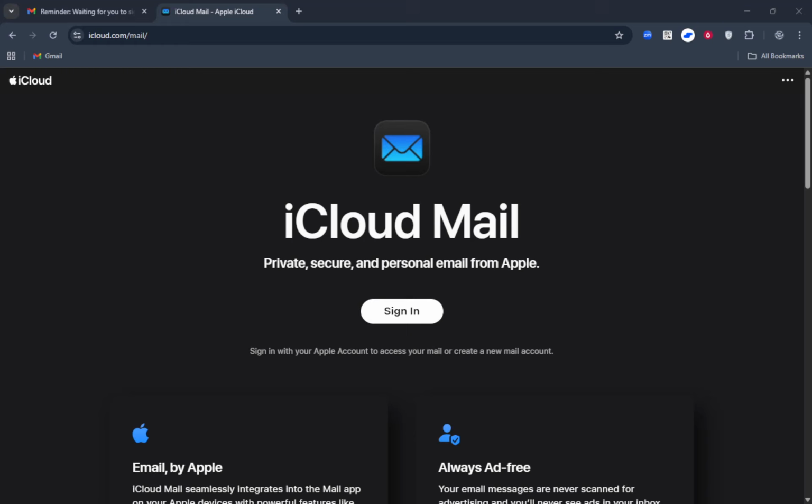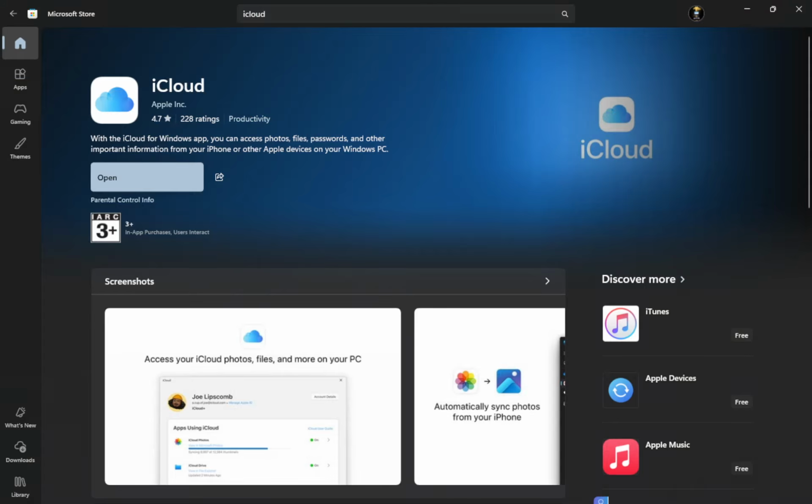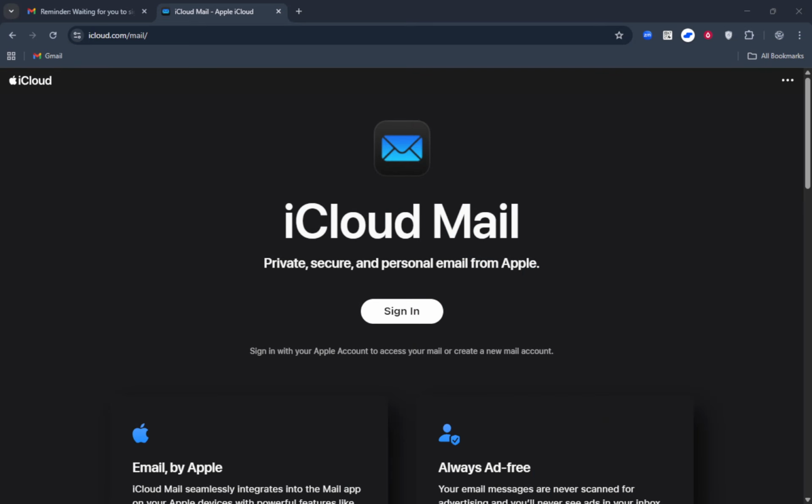In today's video, I'm going to teach you how to access iCloud Mail on laptop. Whether you're using Windows or Mac, you'll see two straightforward ways to get to your inbox, through a web browser and inside Outlook on Windows. I'll explain what to click, what to expect, and a few simple tips to keep things smooth and secure. Let's start with the quickest route, the web browser.